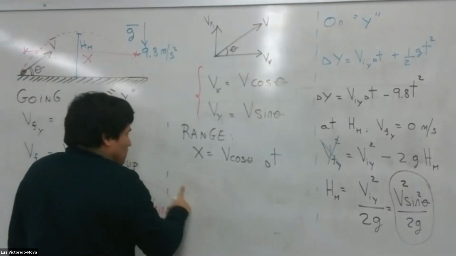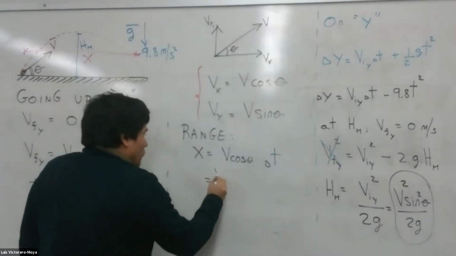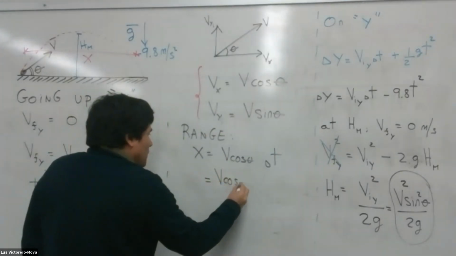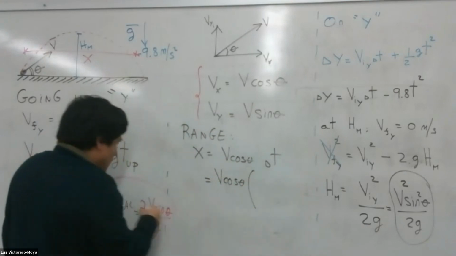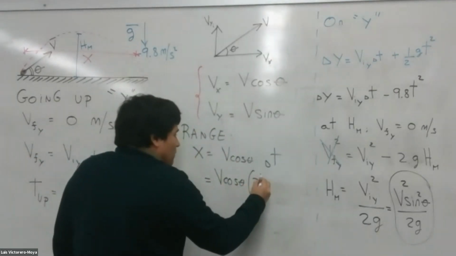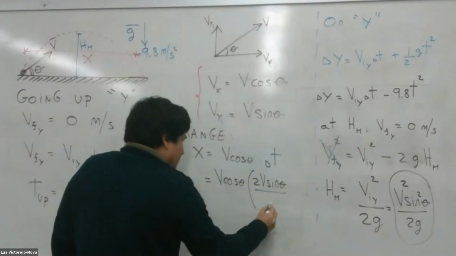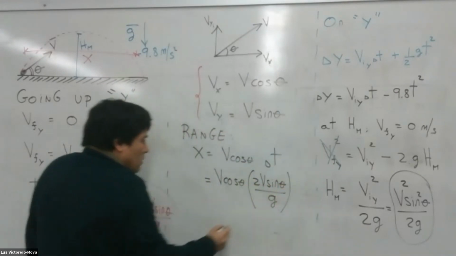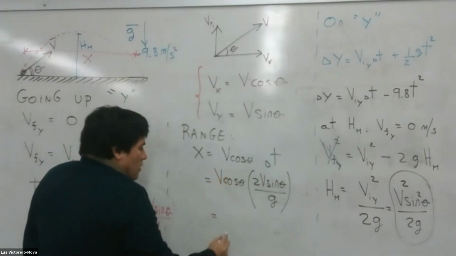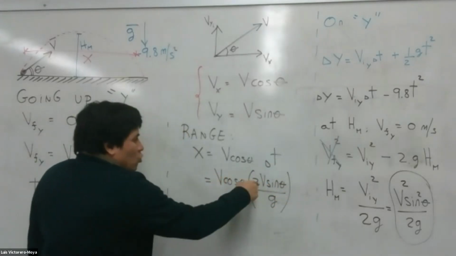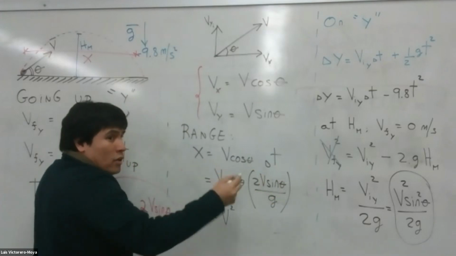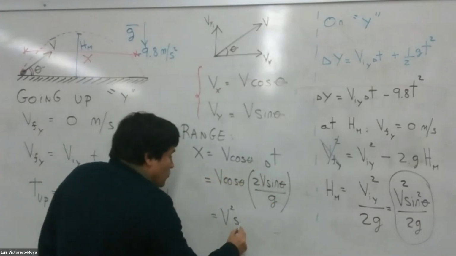So this will be v sine theta, parenthesis 2v sine theta over gravity, v times v, v squared. 2 sine cosine is what? Sine of 2 theta